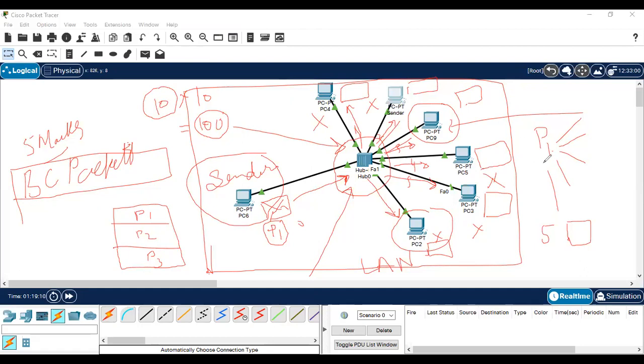So why are we using a hub? Then the question arises in our mind, why is there a need for a hub? This is the important question. And the answer to this question is that it is very cost effective. For our home, we cannot buy a switch because it is very costly. Where there is heavy traffic, we can go for a switch.